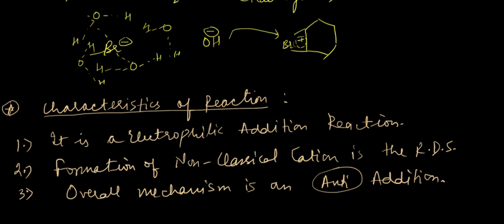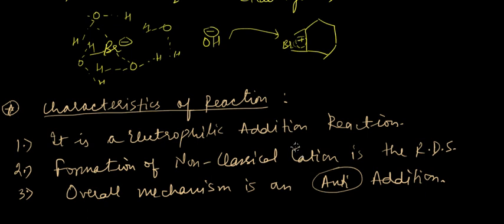But in this case, it's an anti-addition, in which two Brs or one Br and one OH will be placed on opposite sides, depending on how the OH attacks the already existing non-classical carbocation. So with this we come to the end of this lecture, and in the next lecture